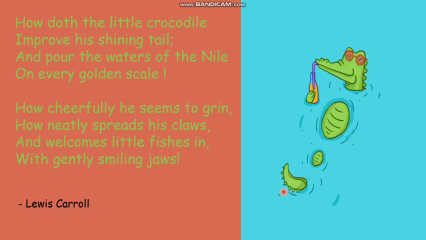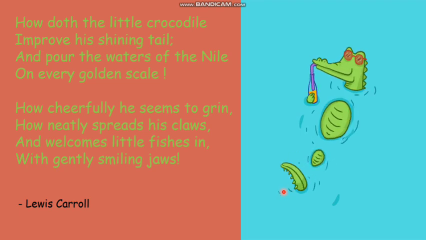It's a parody. It is written by Lewis. Okay. How doth the little crocodile improve his shining tail and pour the waters of the Nile on every golden scale? How cheerfully he seems to grin, how neatly spreads his claws, and welcomes little fishes in with gently swimming jaws. Okay. Abhi, the last poem we read, it was कि कैसे एक little bee इतनी मेहनत करती है और